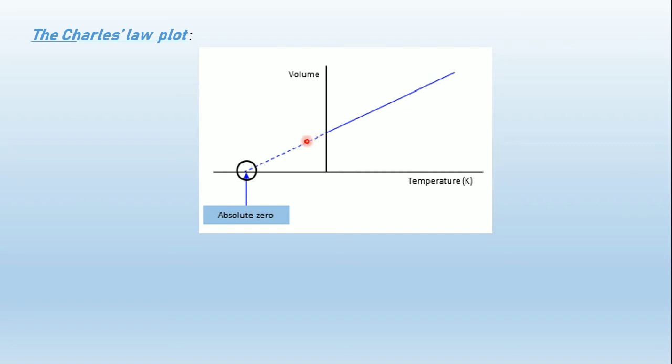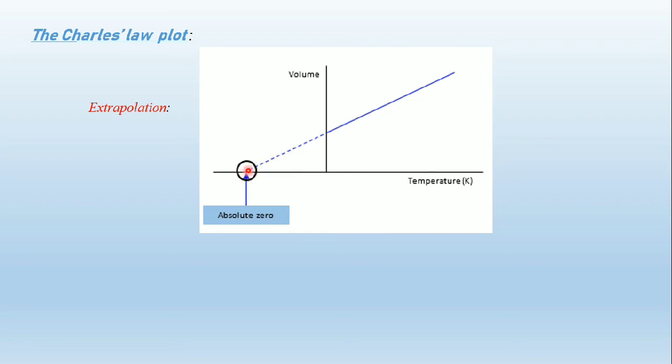Then you extrapolate or produce the graph. You just extend it so that it meets the x-axis, although in the negative direction, it meets the x-axis at a certain point. This is called extrapolation of the graph. We are just elongating the graph with a dotted line. We do not have exact points here, but we have just managed to draw a straight line, extended so that it meets the x-axis.